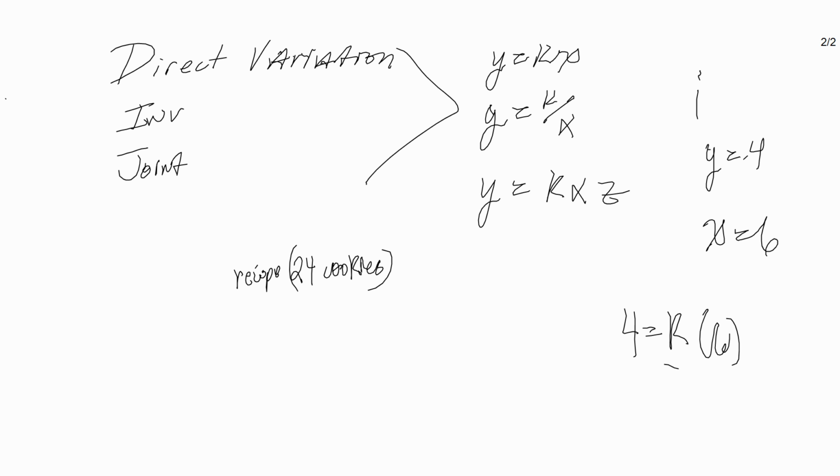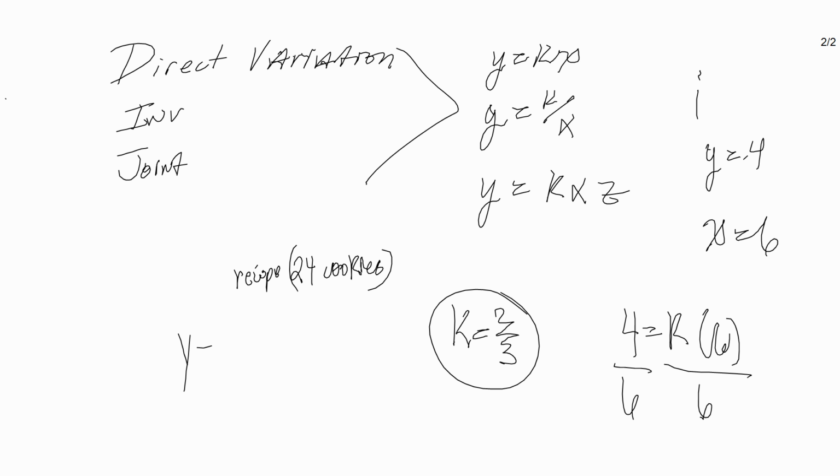Divide by 6. And k is equal to what? 2/3. K is equal to 2/3. Now what do you do with k after you find it? You plug it back into the original equation, and you have y is equal to 2/3